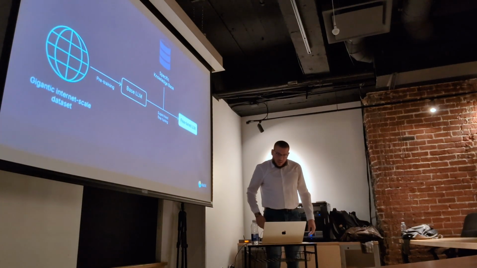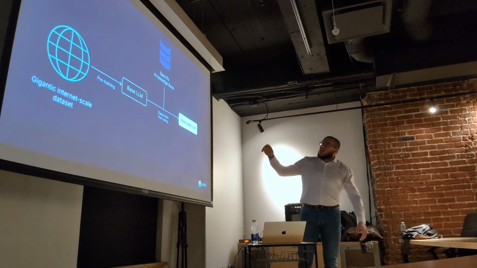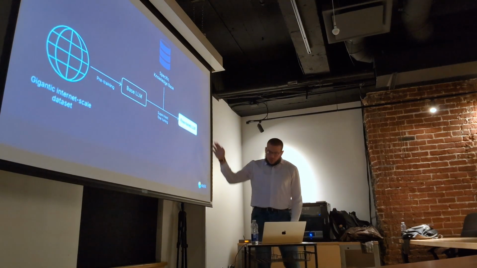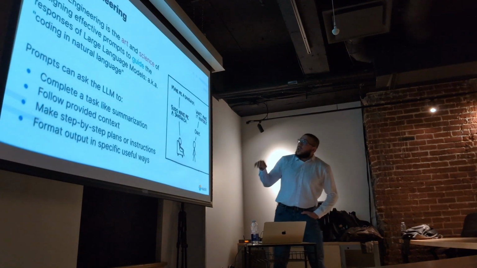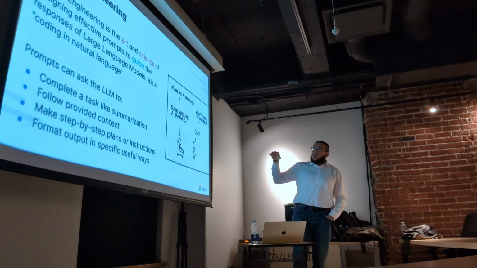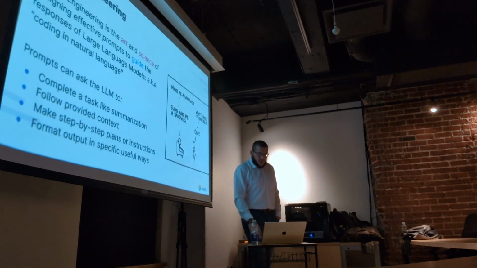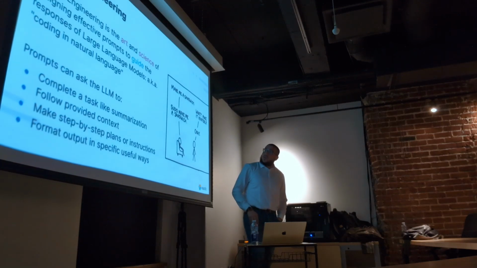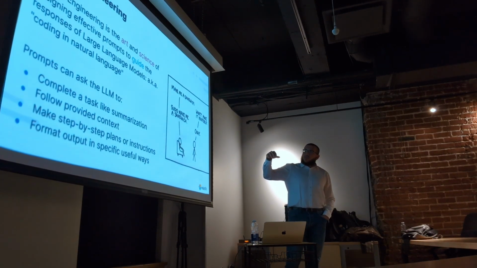Another way is fine tuning. This requires, let's say, training the model. I will not talk about this point. I will jump to prompt engineering. The other way to get a better result from the LLM is also prompt engineering. As a definition, it's the art and the science of designing effective prompts to guide the response from the large language model. So in Elastic, we have a predefined prompt that we can use.